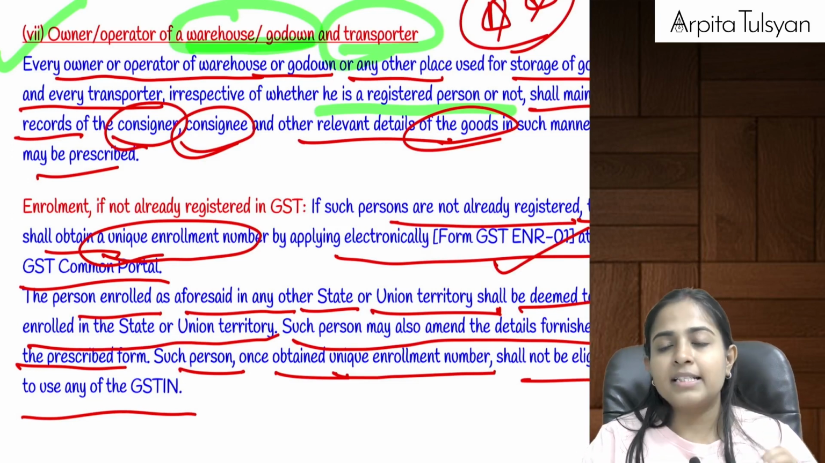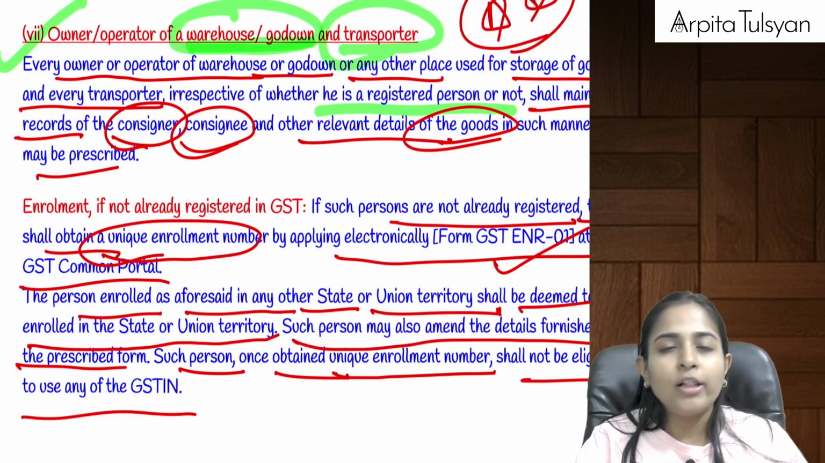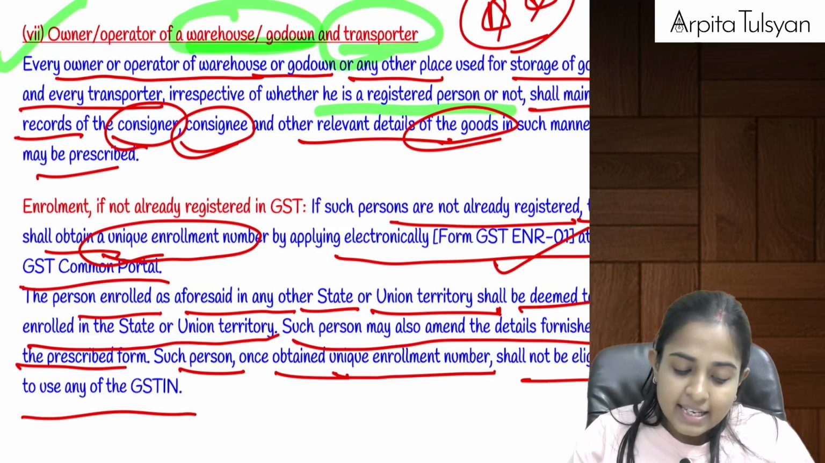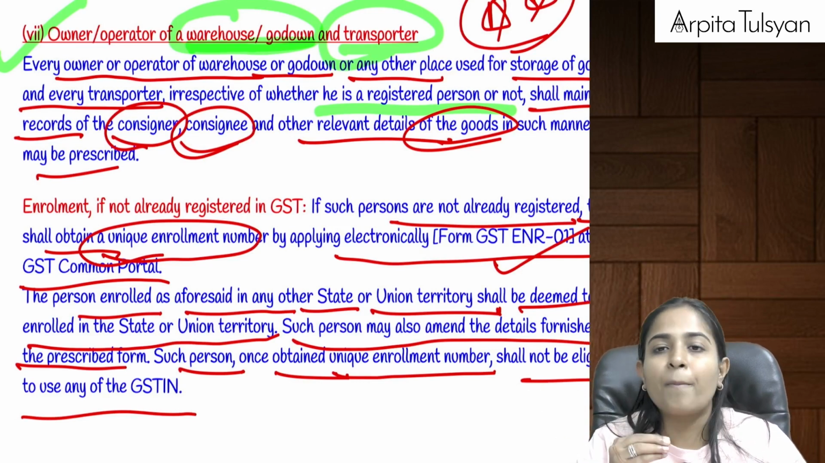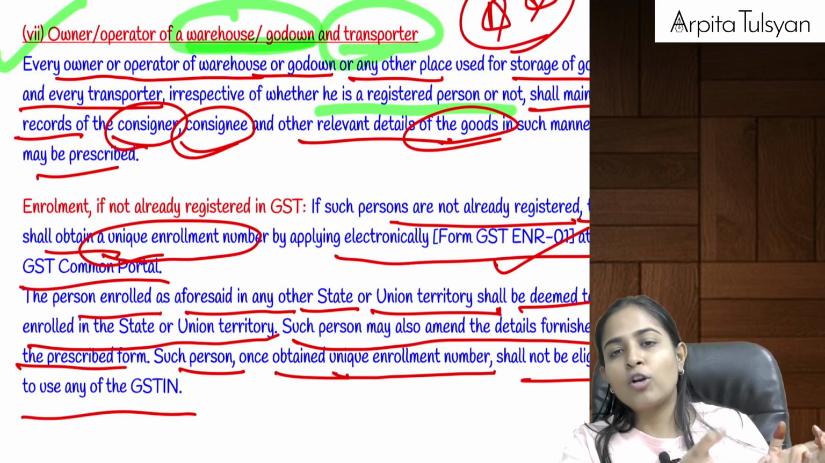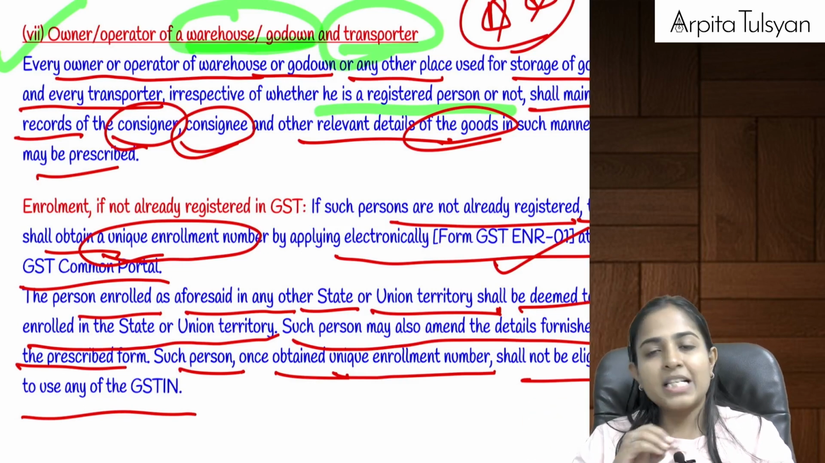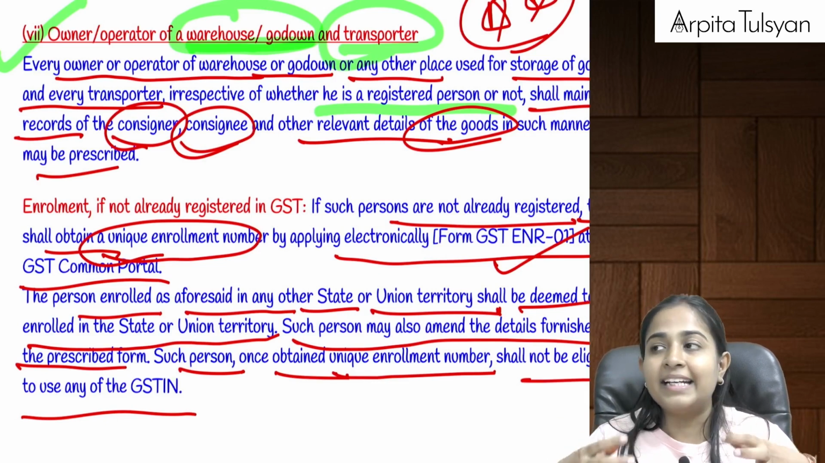And similarly, every transporter, whether registered or not, doesn't matter. They have to maintain the details of all the goods which they have received under their control and all the goods that they have supplied. For example, if the owner or operator of a warehouse or godown is registered, he will have to maintain the details of what quantity of goods he has received in his godown, how much has been supplied, how much has been disposed of, and he will have to maintain the stock in such a manner that it can be